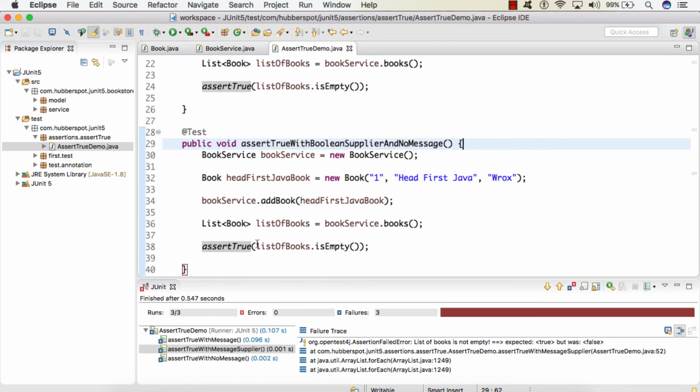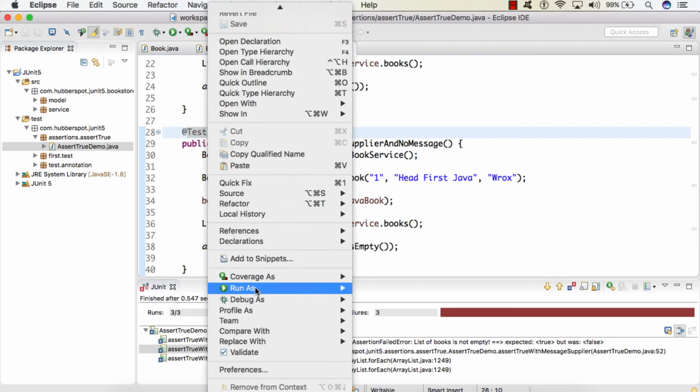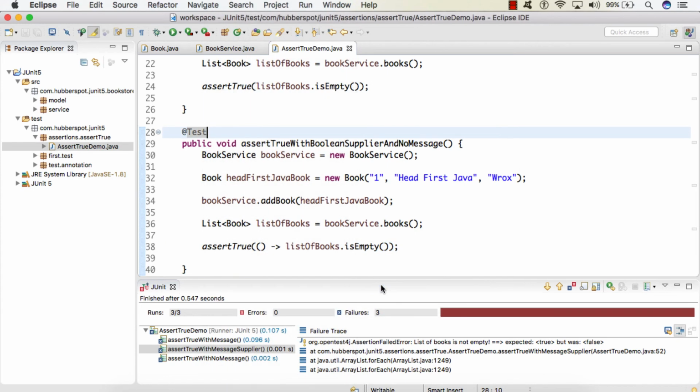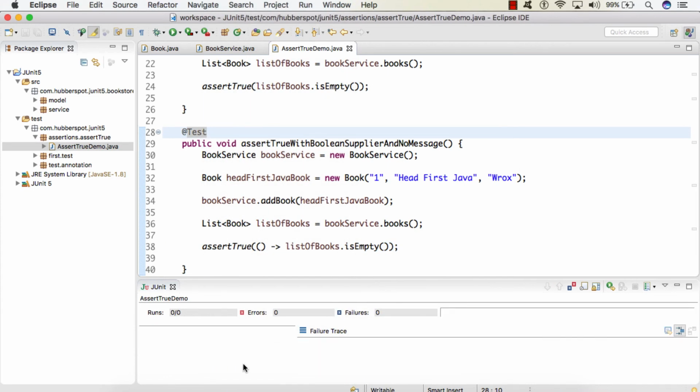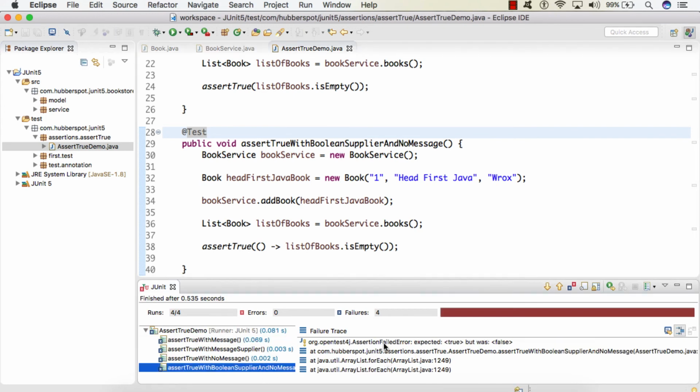The only difference is that instead of providing a boolean value, we provide a lambda expression which is nothing but a boolean supplier. This functional interface returns a boolean value and it works the same. So if I run the test case, you see it failed, saying expected was true but was false because the list is not empty.